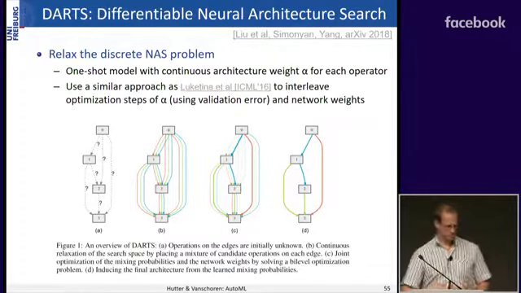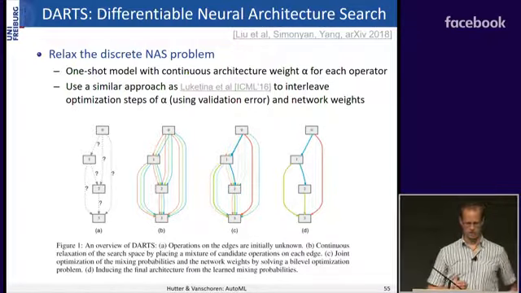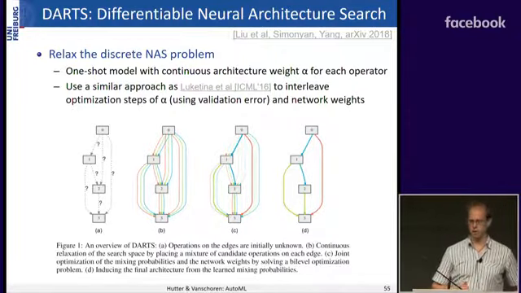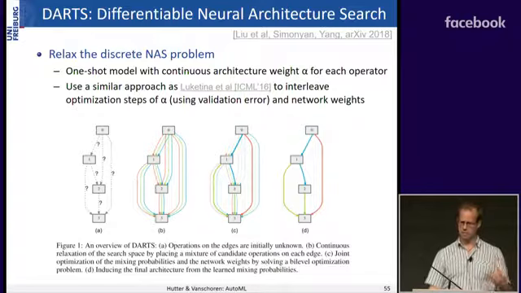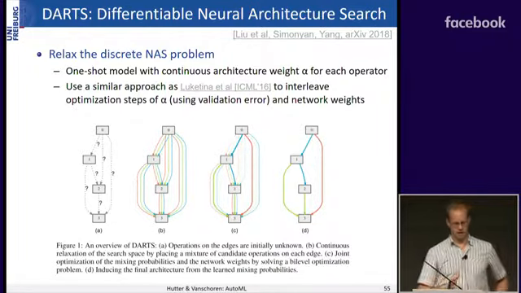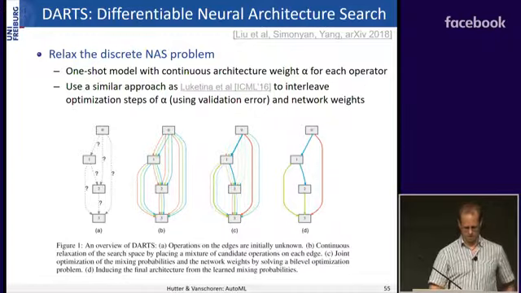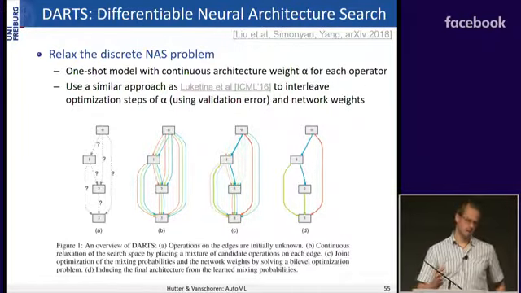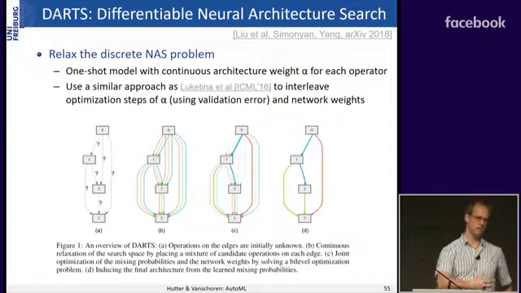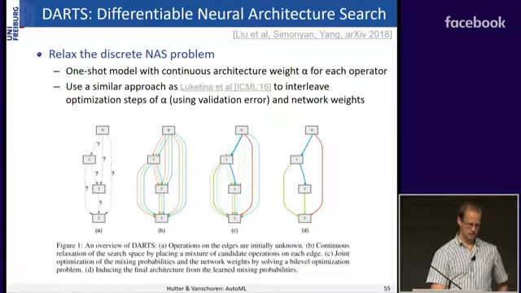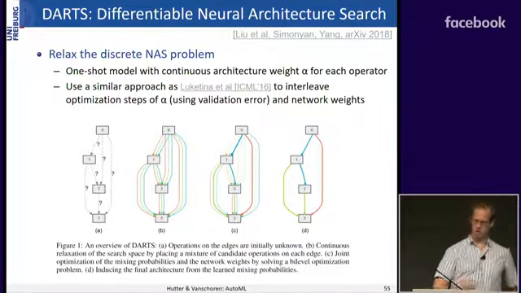One of the currently most popular approaches for neural architecture search is DARTS. It stands for Differentiable Neural Architecture Search. This relaxes a discrete math problem to look at the one-shot model, but for each of the operators, you have a weight alpha that you use to multiply the result of this operator. So you have this cell architecture, and you don't know from here to here which operator you should use. You could use 3 different ones, and you initialize them uniformly, giving them all the same weight, and just add